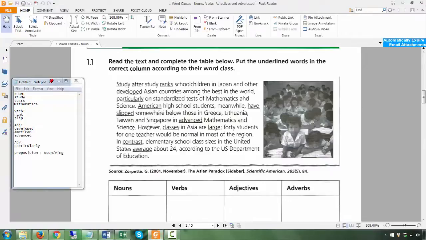So this however here is an adverb. Okay, that's why I'm telling you this. This however, then it comes back to the subject. Classes in Asia, the subject. Verb, be verb in present simple tense, are. Large. Okay, so classes, this is a noun. Large. Your be verb is are, and after